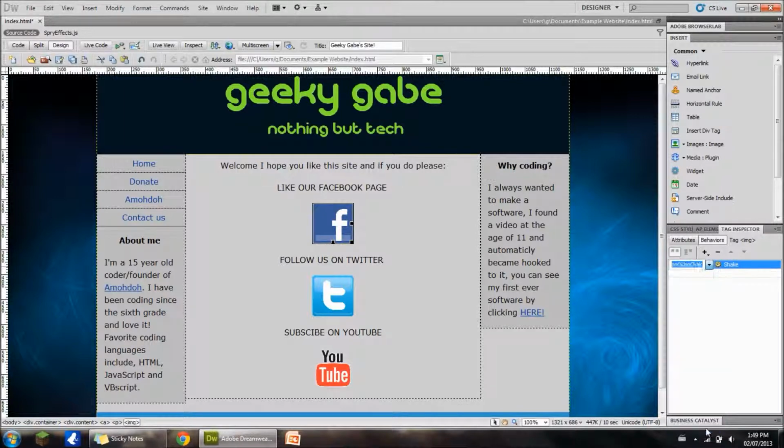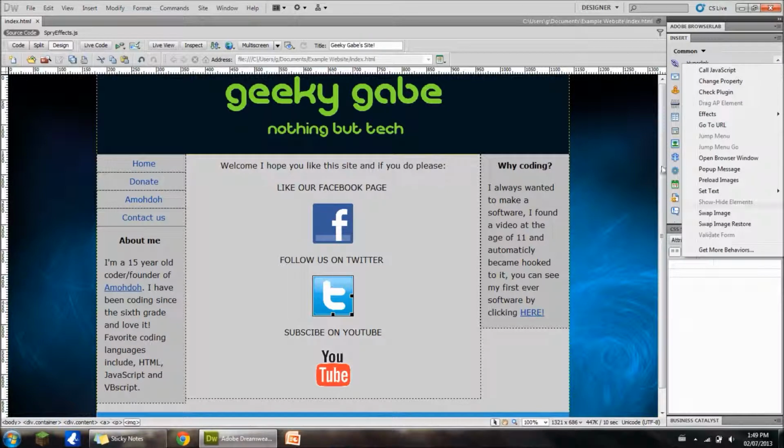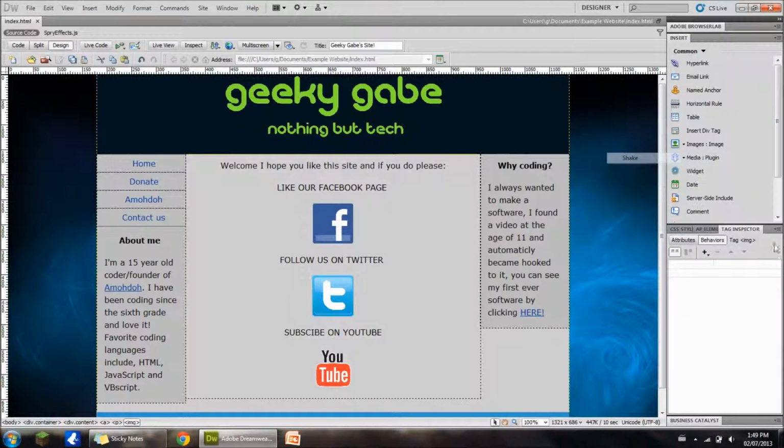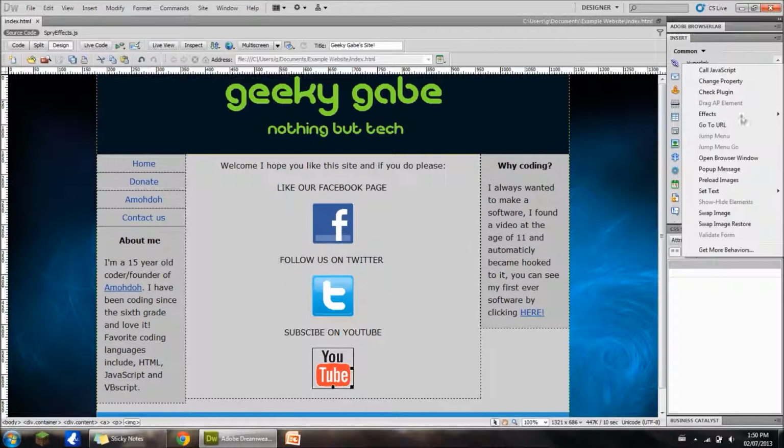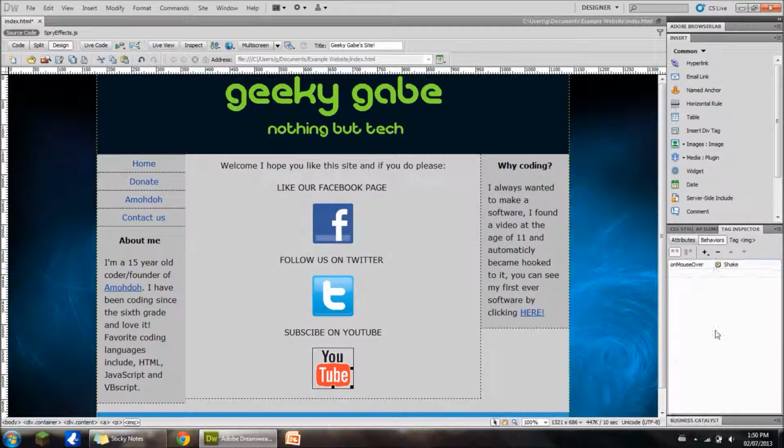We're going to do on mouse over, which is basically hover. We'll save that and apply it to all of our different things here. Now if we click on our globe and preview in Chrome,